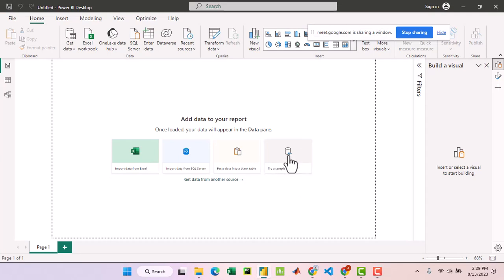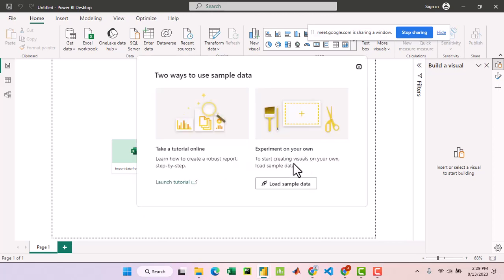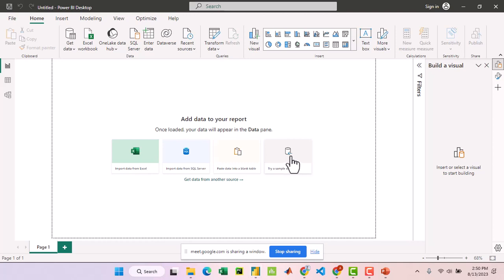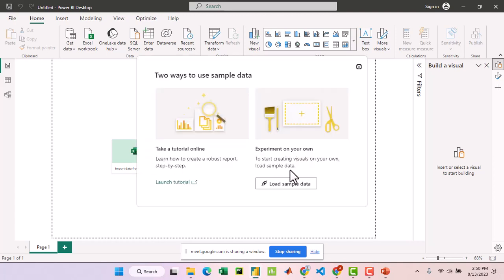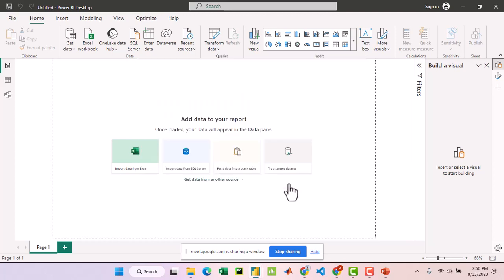Click on try sample data, then a dialog box will open, then you go to load sample data. You click on load sample data,